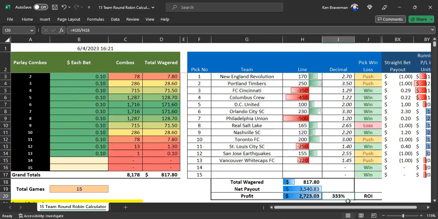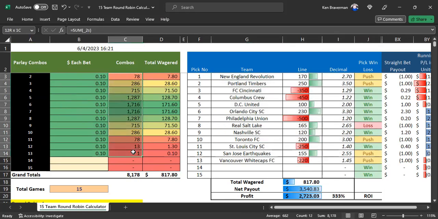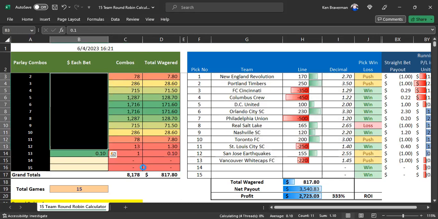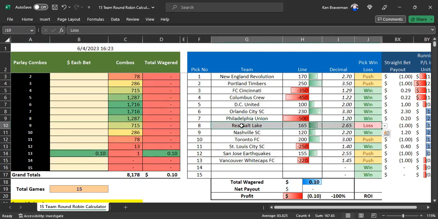That's not bad. And that's 333%. Now that we know this was a winner, that's a good day. What was the winningest combination? And now you'll see what I'm talking about. Watch this. So if you played just the 13-team parlay, you lost because you lost 1 game and pushed the